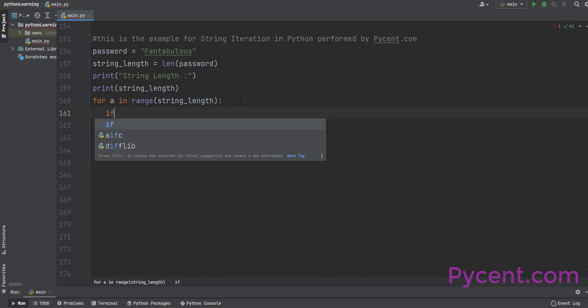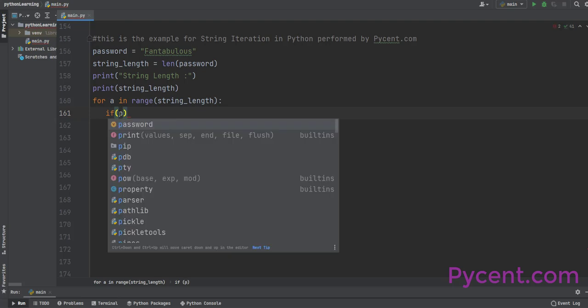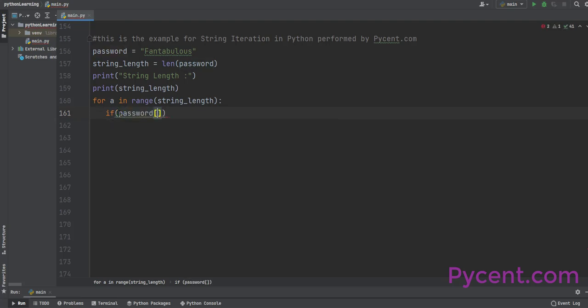So if the original password is this, place that there. If password, and send in the index here. If password at any index, present in the word, equals B,